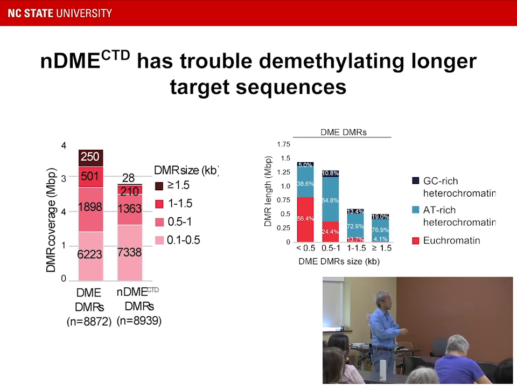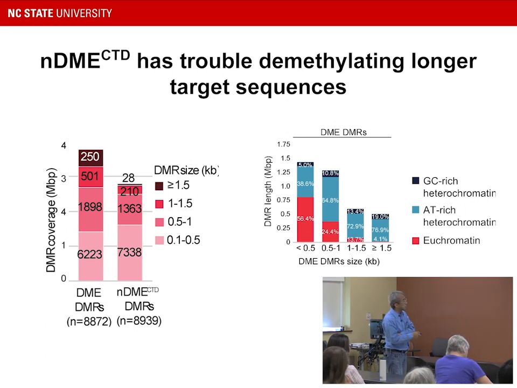If you look at the characteristics of these longer target sites, they are almost exclusively heterochromatin regions. Now, the same analysis shows us the C-terminal doesn't have those long targets. So it's telling us that these long heterochromatin target sites are either missed or not